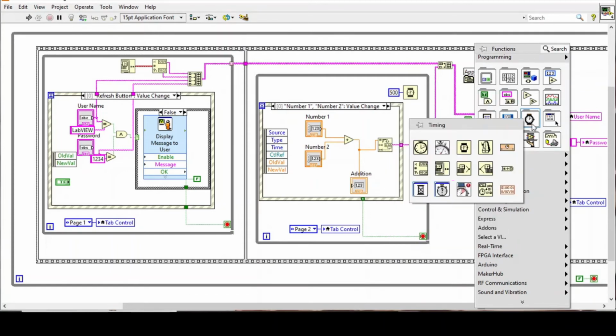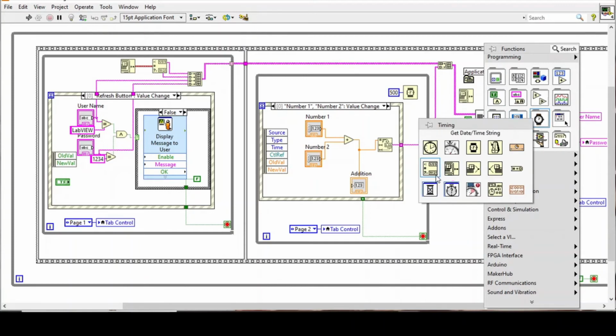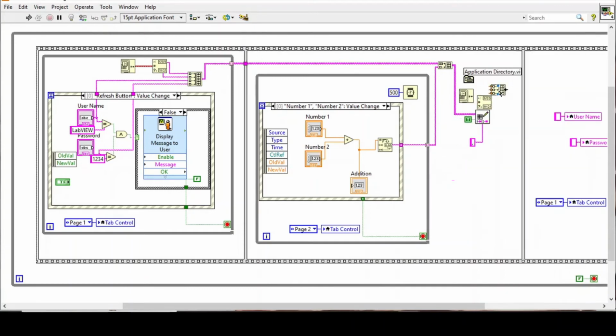So we will go to date, get date and time, and then we get date and time string that will be connected to here, and the date and time string shall be connected to here, and in the last we want to create a .csv file, and this constant shall be here,